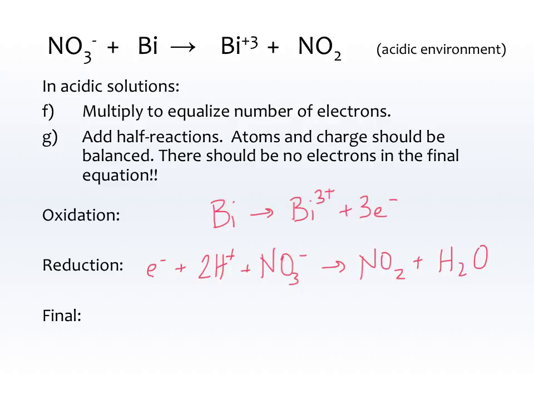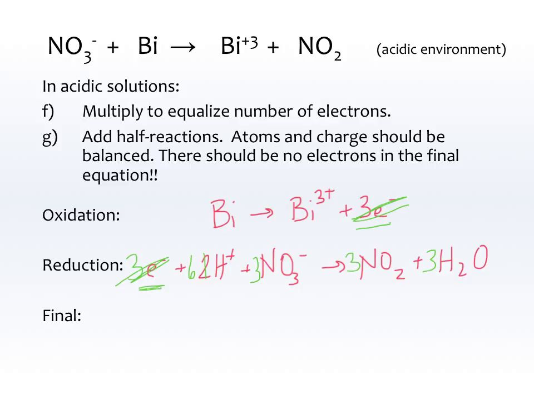Multiply to equalize the number of electrons. Notice that there's 1 electron on the left in the reduction reaction, 3 electrons on the right in the oxidation reaction. So we're actually going to multiply the entire reduction reaction by 3 so that we can have the electrons cancel out. So now that I've done that, multiplying everything on the reduction by 3, these 3 electrons will cancel with those 3 electrons,